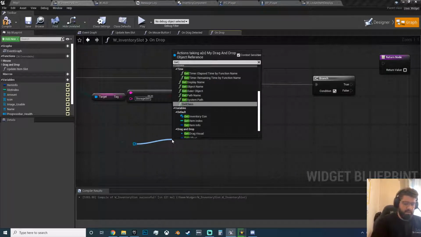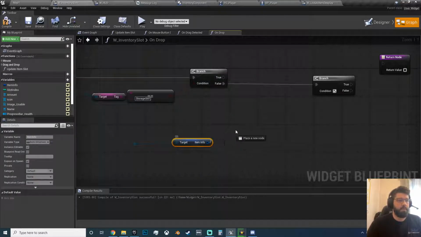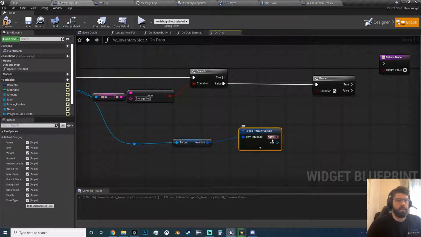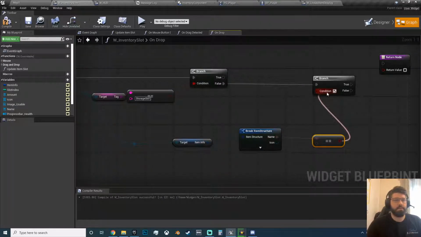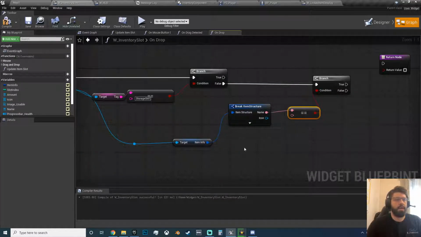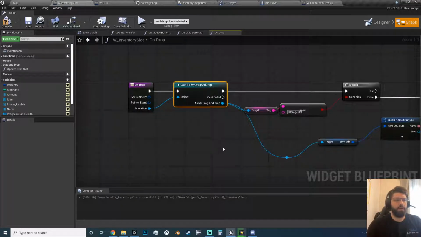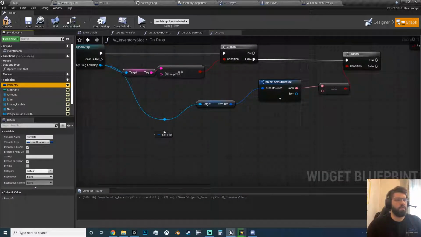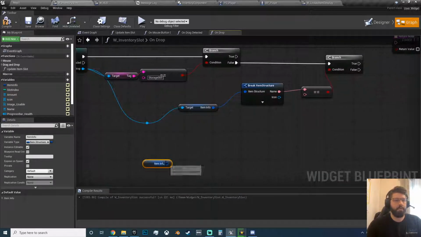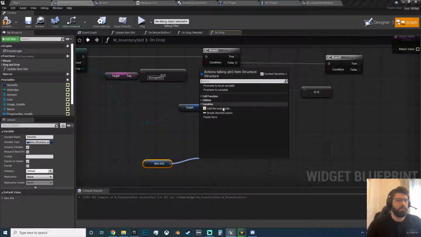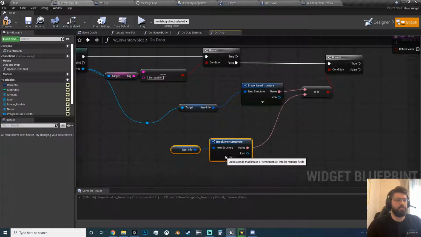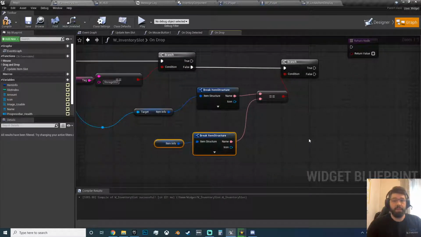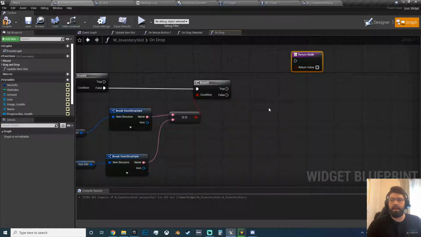Let's get the item info. Break that. And we want name equal text in here. Right, so this is the dragged item, and this is the current landed on item. So we want to break this. Are the current item and the dragged item name the same? Okay. Is that true? If it is true,